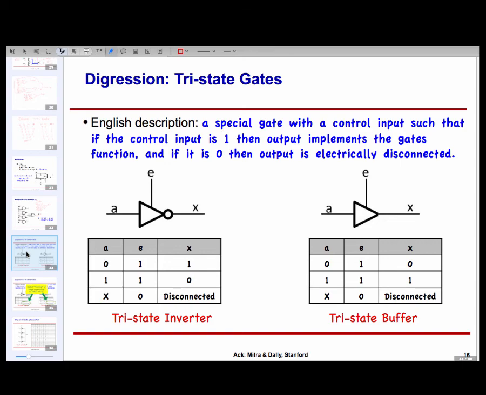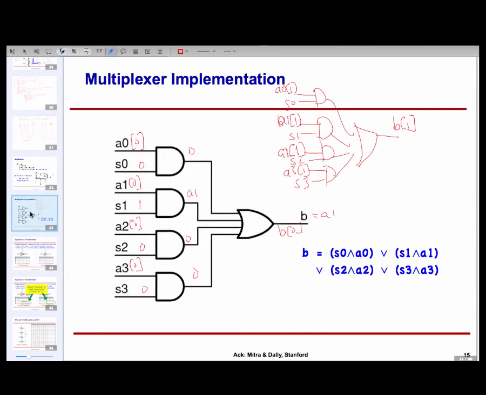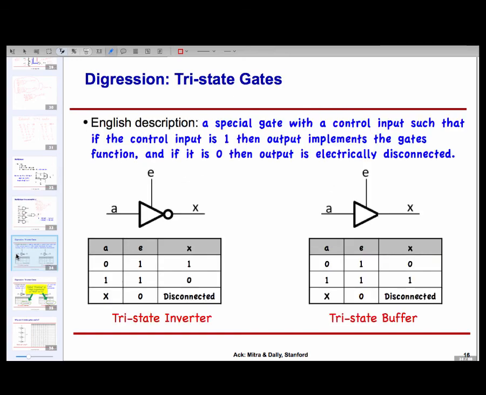So I can always implement this multiplexer using these gates, but it gets very costly very soon. So we need easier ways of doing it. And here, at least for electronic systems, there's a special kind of gate which can help quite a bit. The idea is the following. So if you think of a wire,